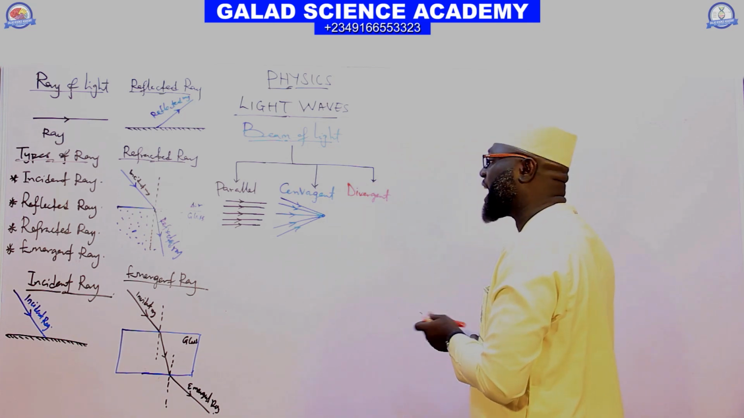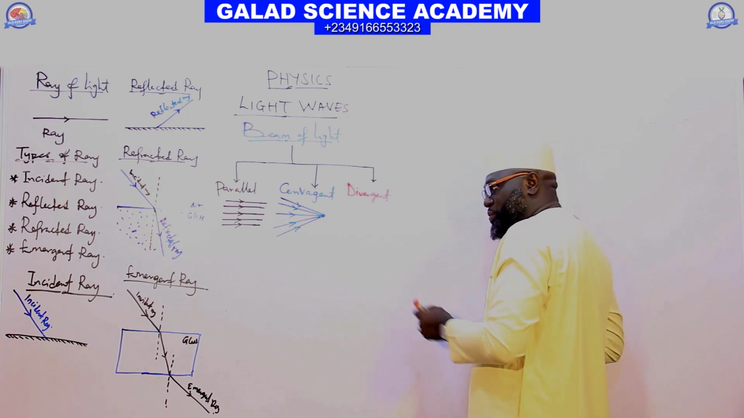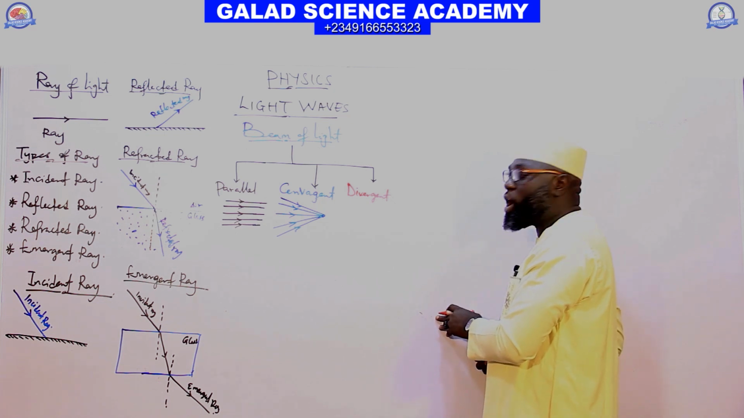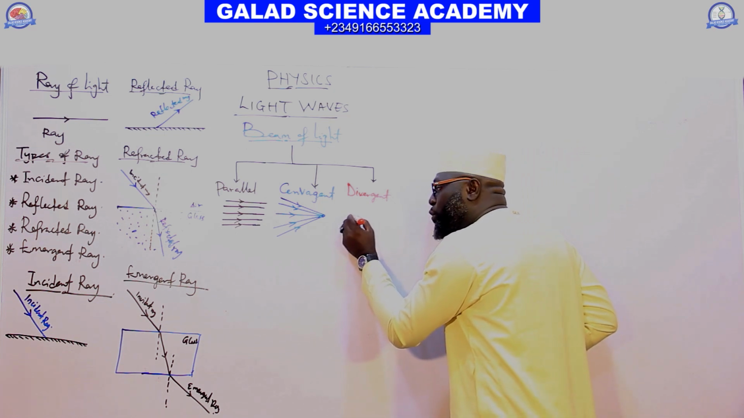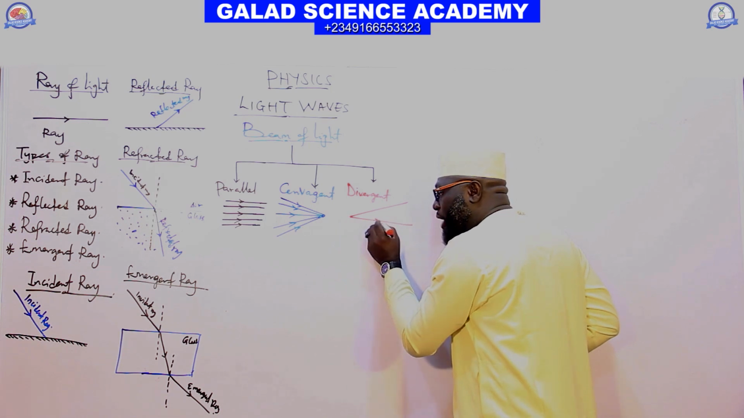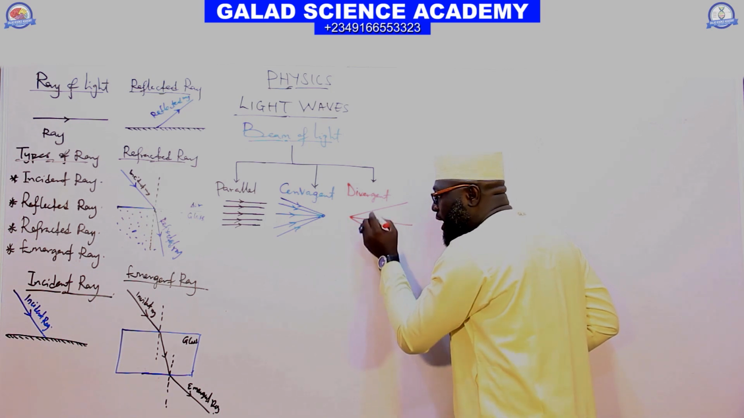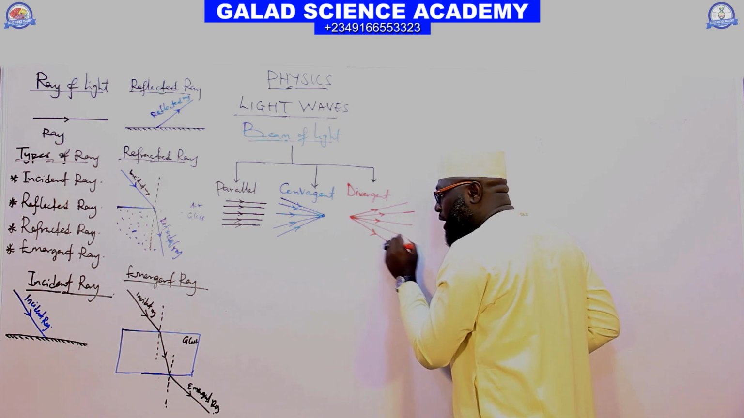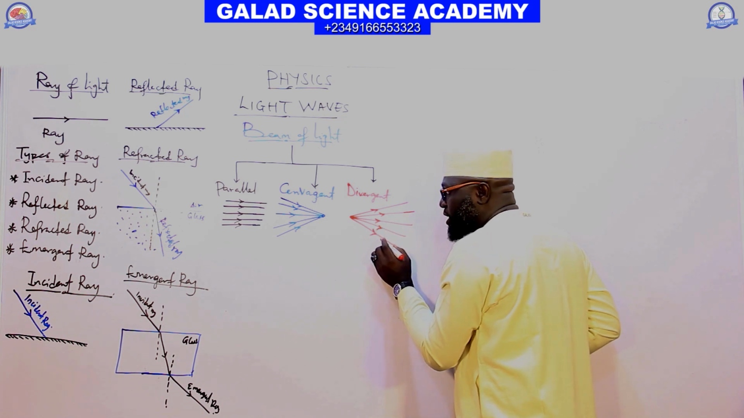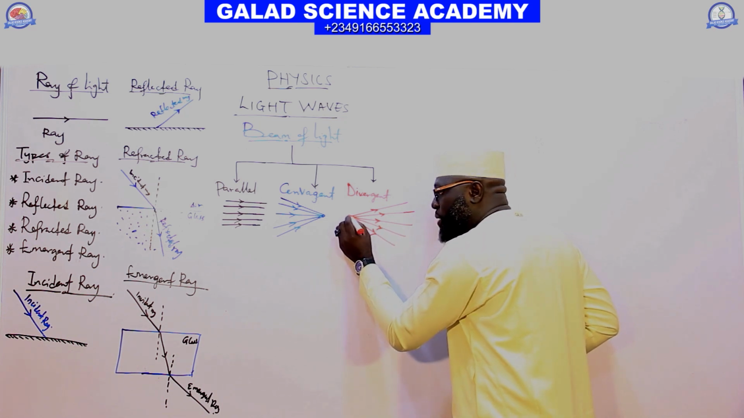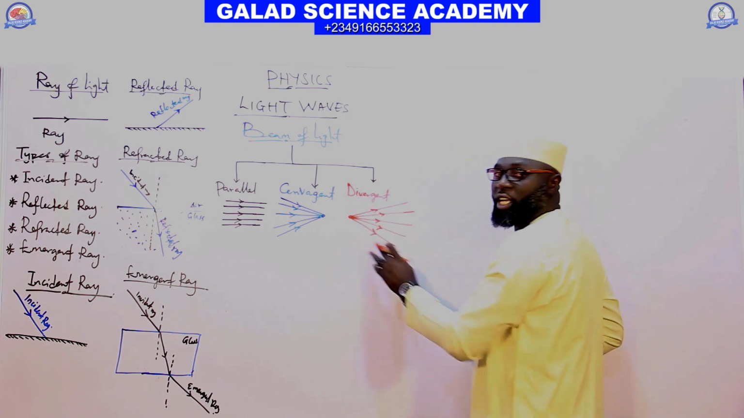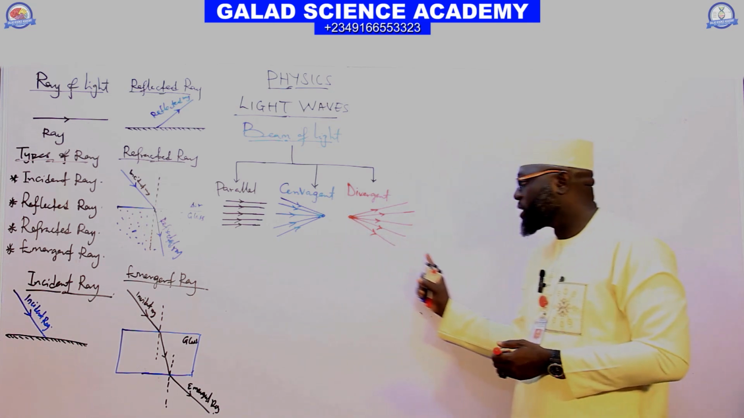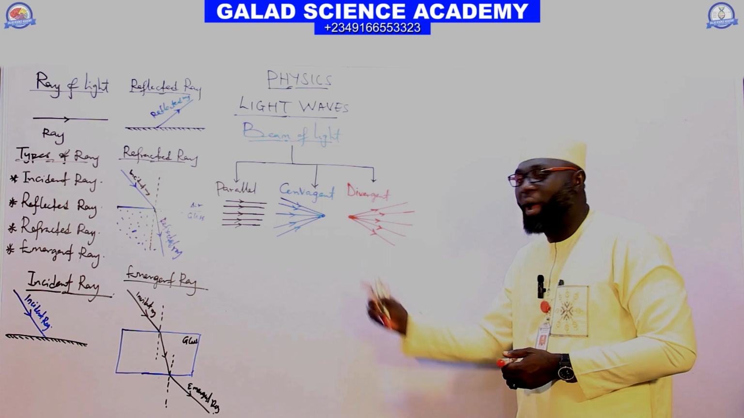And the next one is the divergent beam. The divergent beam is achieved when the rays of light are coming from the same source and diverge. So this kind of beam is called a divergent beam. They come from the same source and diverge. And this kind of beam can be found in